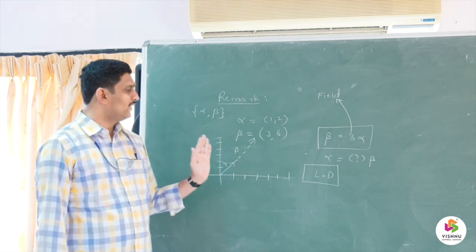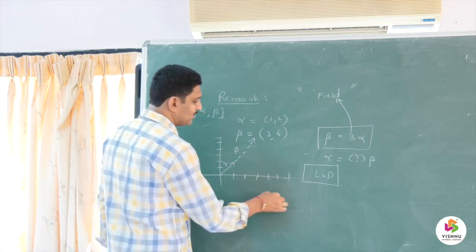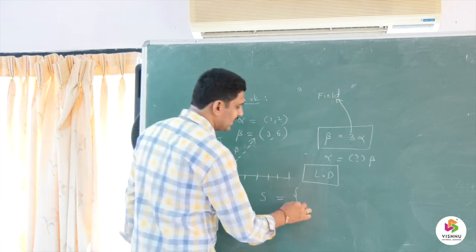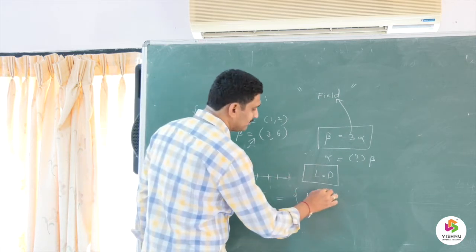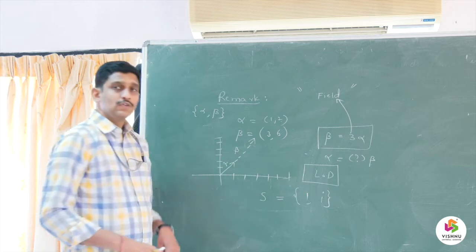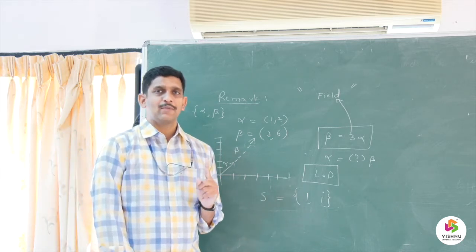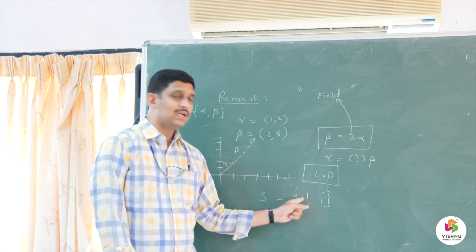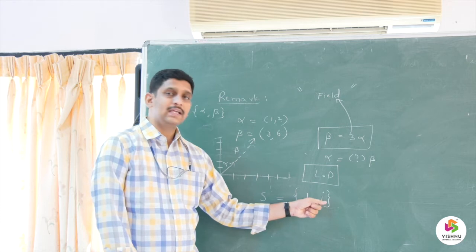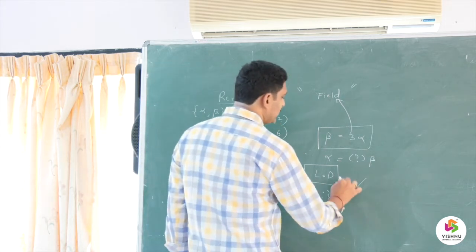independent. The very simple example we can take is, suppose I have taken a set S with two vectors. Say first vector is 1, second vector is i. So please understand that I have taken one dimensional vectors. One dimensional vectors means it has only one coordinate. So 1 is a vector and i is a vector. So here I confirm that this set is linearly dependent.